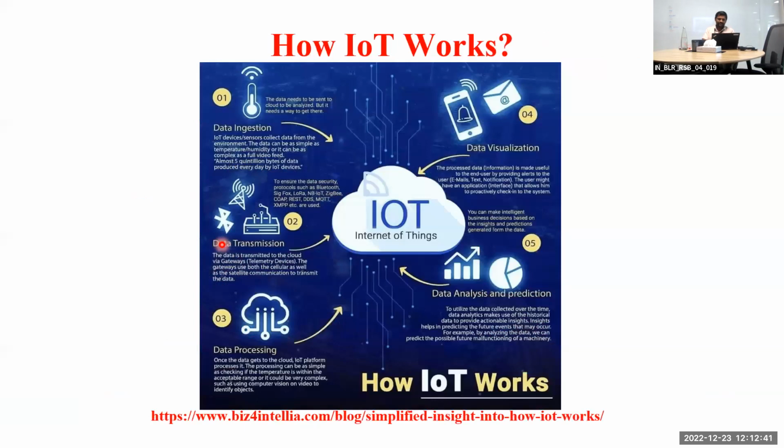Basically, how does IoT work? There are five processes. First, data ingestion. Data ingestion means, for example, any device that collects something. For example, in your pacemaker, the chip is an IoT device placed to capture the heart performance. Similarly, on a truck, it can be intended for many things.